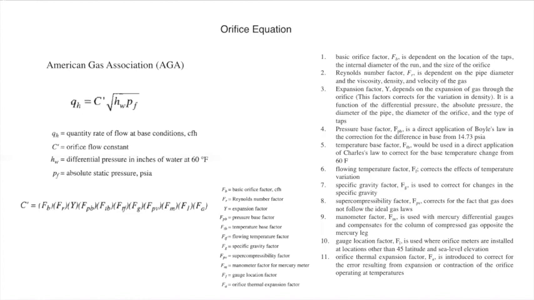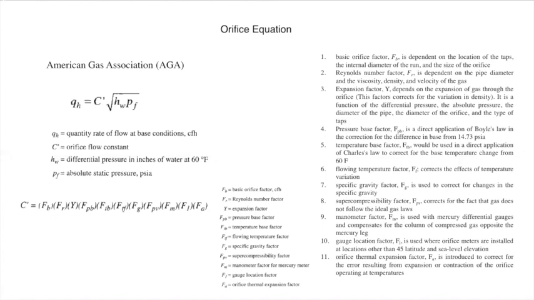And another parameter is your absolute static pressure, which is being measured. So there is a static pressure of the flow, which needs to be measured. Once you have these two parameters, differential pressure and absolute static pressure, your quantity rate of flow at base condition can be put in that formula. Now you see that your flow rate is proportional to the root over P. So this needs to be kept in mind.